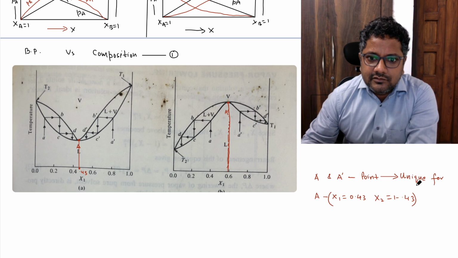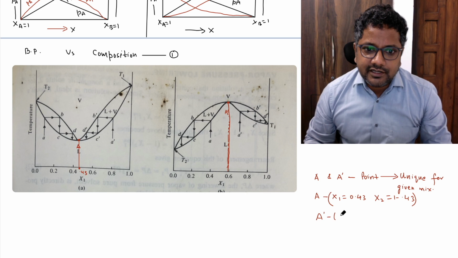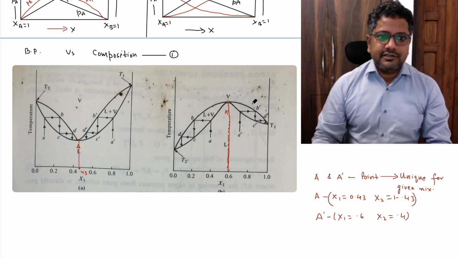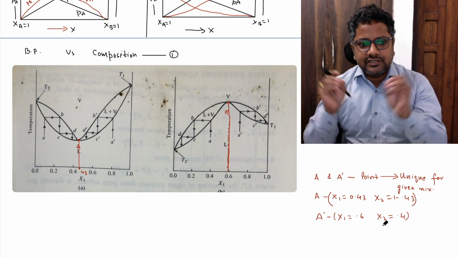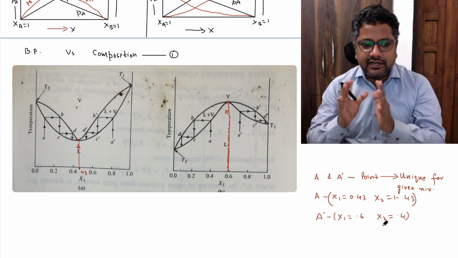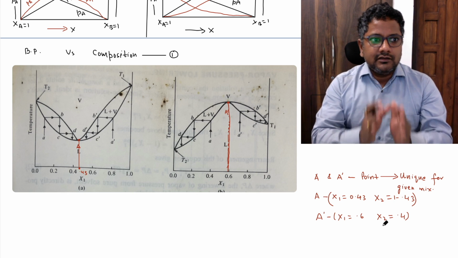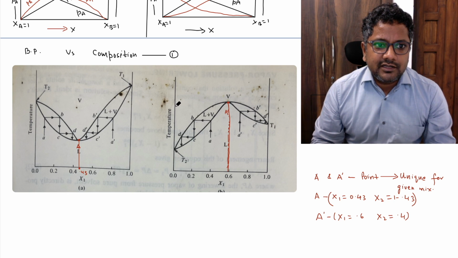for a given mixture, right? And for A dash, x1 is equal to 0.6, so x2 is equal to 0.4. So this system forms azeotropic mixture with this composition. So this composition is fixed. Whenever you mix x1 and x2 in this ratio and bring the temperature corresponding to this point,